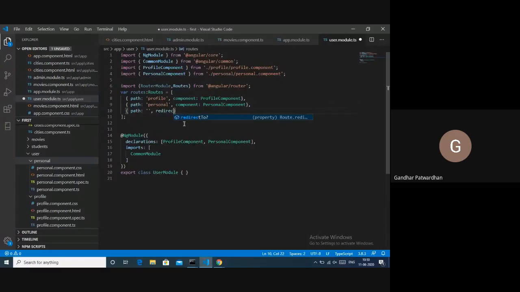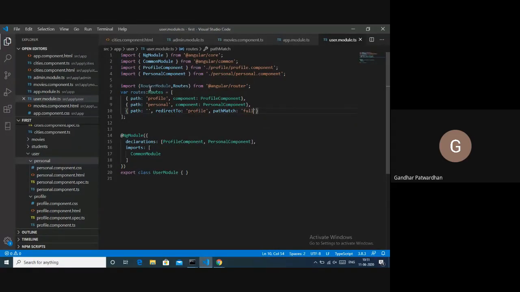Then I'll say redirectTo, and I would say profile. So my default component for this module would be profile. And I would say pathMatch full. So that is how I created my routes.